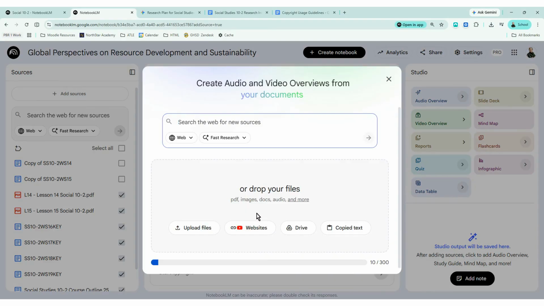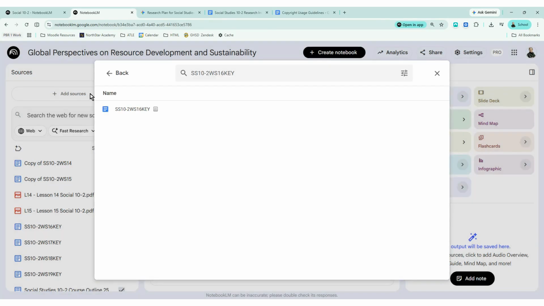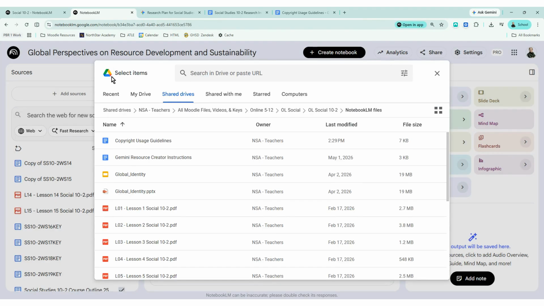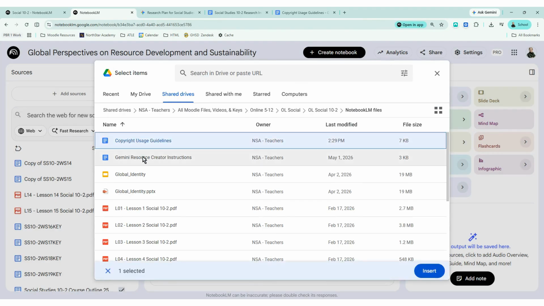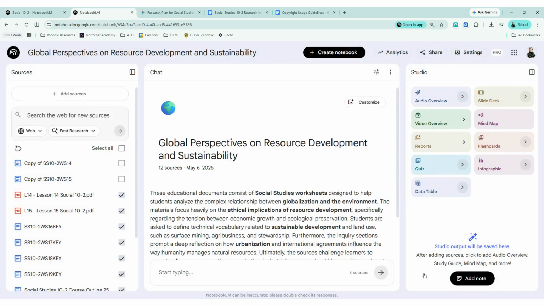And we don't want to search the web for new sources. Instead, we'll go to the Drive, and they should be the most recent ones that we've added. Here they are. 1, 2. Clicking on them, I see that there's 2 selected. I can click Insert, and there are my sources. Okay,